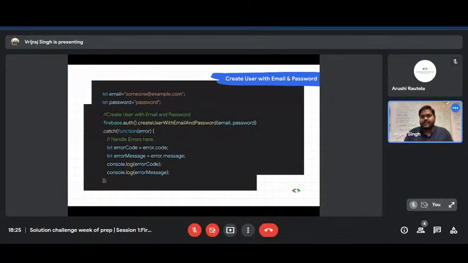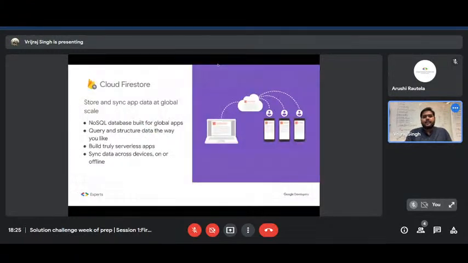And yeah, it's the same with multiple services. You can authenticate your user with the help of a Google account or maybe a Twitter account. We have functions like firebase.auth, let's say sign up with Google or sign up with, let's say, Twitter. So there are a lot of functions. We just need to call those particular functions in our applications, and we can easily achieve the authentication features.